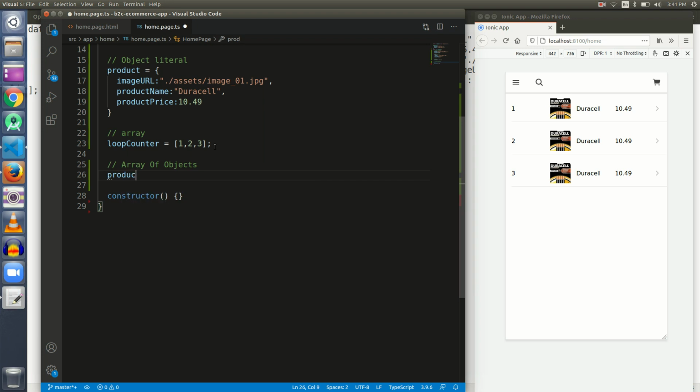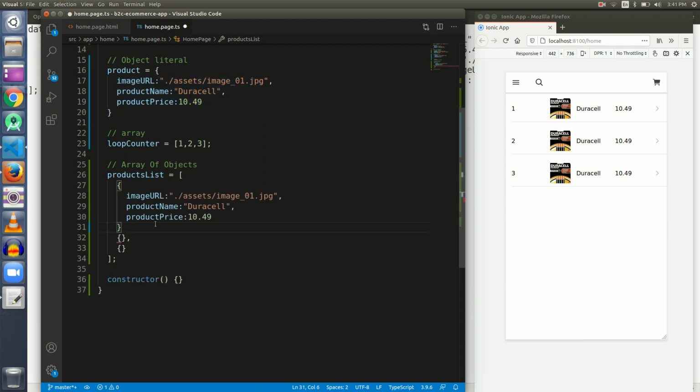Let it be products list. Now it will be an array and it will consist of objects, and this is the syntax for objects, and each object will be such as this. So let me just copy this part and paste it here.